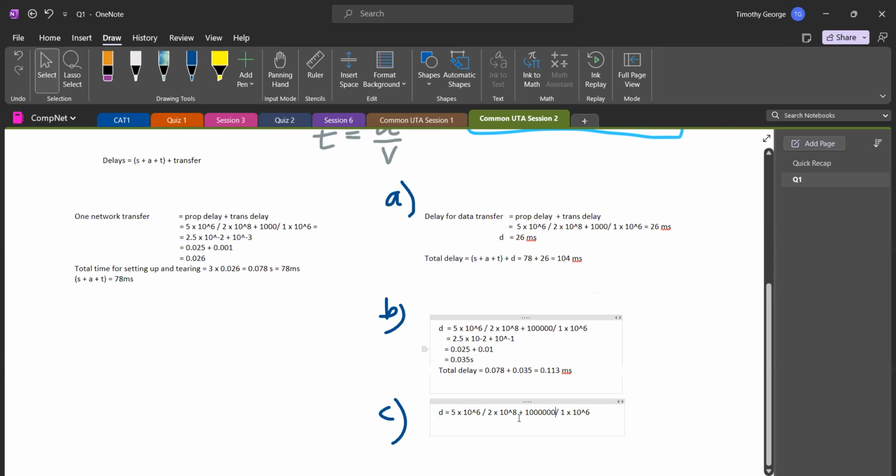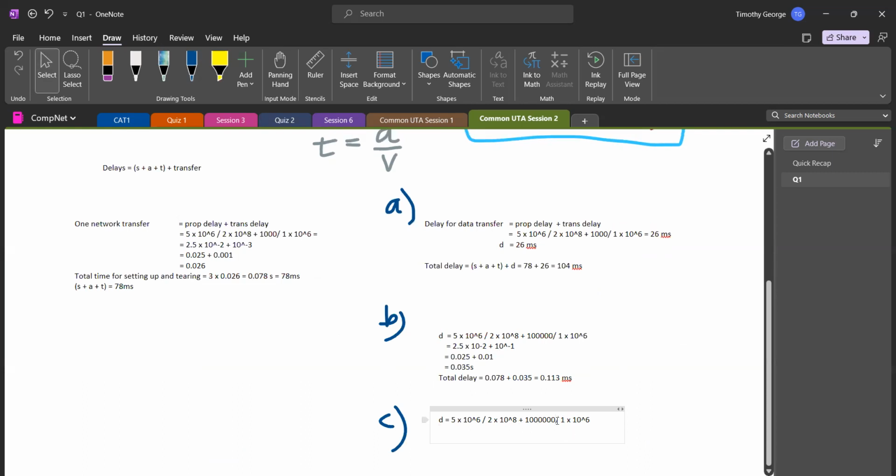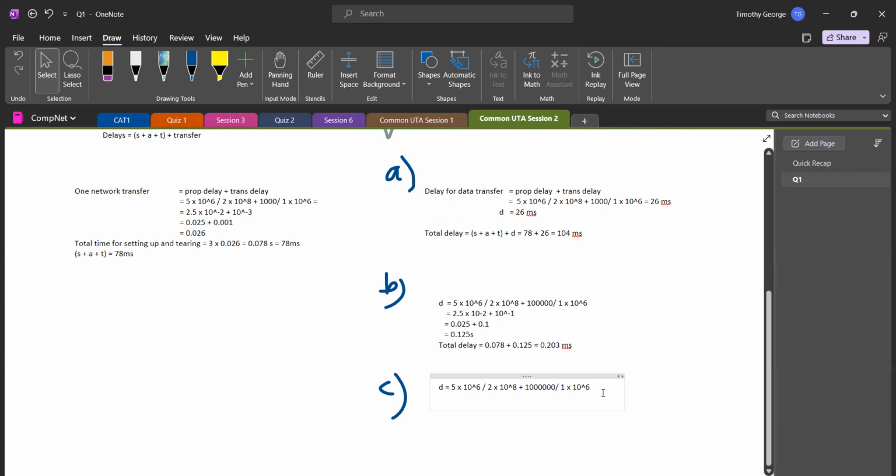So 1 million, or we could just write it as 10 to the power 6. So 10 to the power 6 divided by 10 to the power 6 is going to be 1. Oh, sorry, this is 0.1. And this will change as 125. So 125. What's that equal to? 2.03 milliseconds. Sorry about that. So, okay, let's solve. This is going to be again 2.5 into 10 to the power minus 2